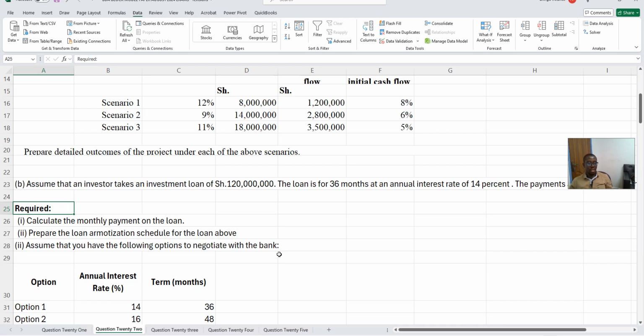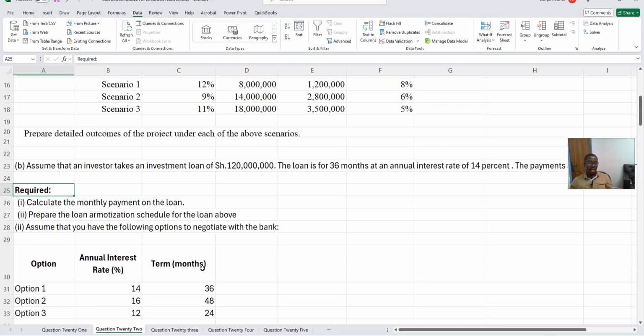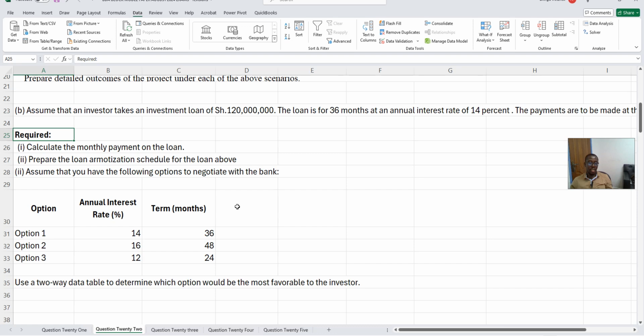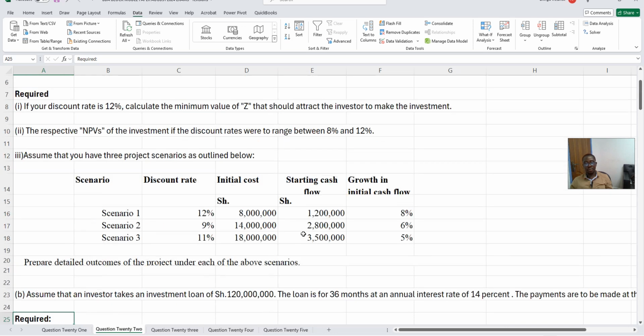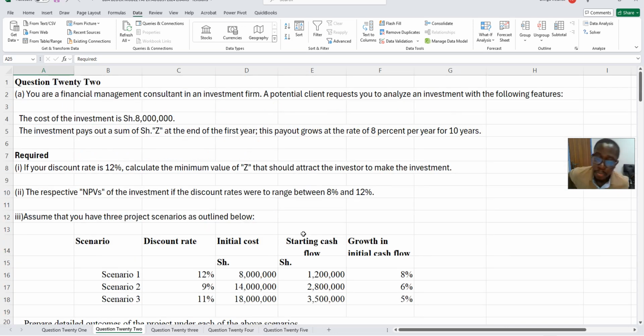Then part 3 of this question: assume you have the following options to negotiate with the bank, where we are having option 1, 2, 3. Use a two-way data table to determine which option should be the most favorable to the investor. So that is what you are given. As I've said, I'm attaching this paper below this video so that you can download it and read. So we are told part A,